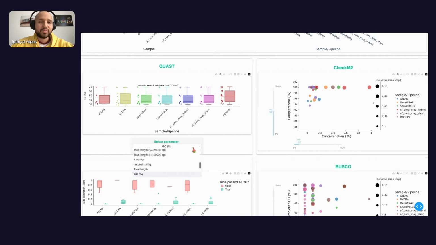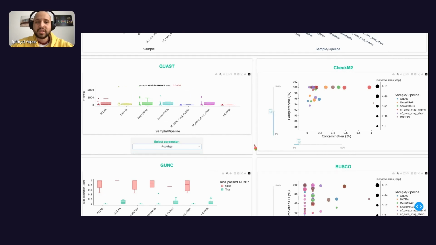Here, for example, with the output of QUAST, you can change the parameters, and then you will see how different they are. In this case, you are seeing that there are differences. For example, Muffin, which is a hybrid pipeline, is getting way different results compared with the others. Of course, it is getting whole sequences because we used PacBio reads. So this is really straightforward to compare